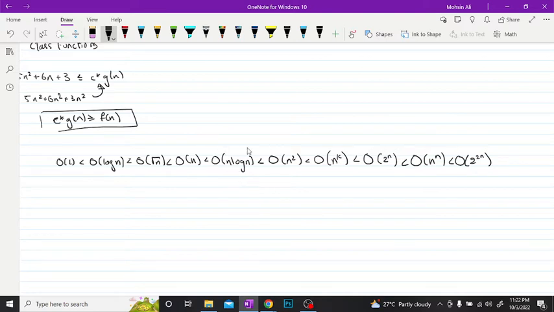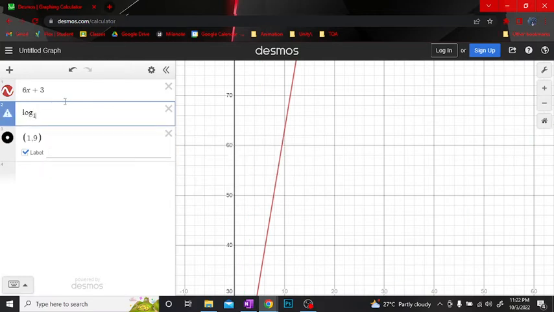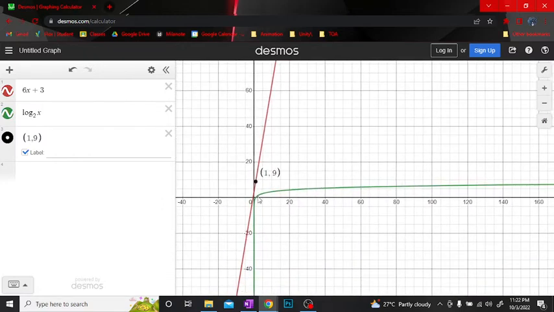Okay, so we were discussing O of n, right? Let's try to take something lesser than this. Let's take O of log n for a second. If we take O of log n, we can see that this is not an upper bound. This c times g of n function is not an upper bound for our original function, so this does not qualify